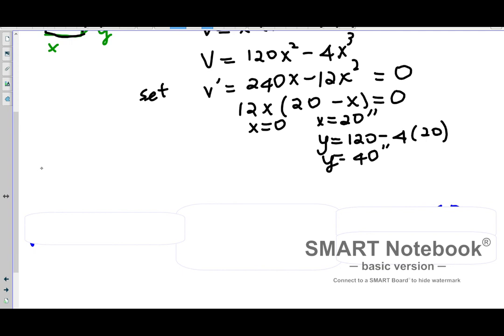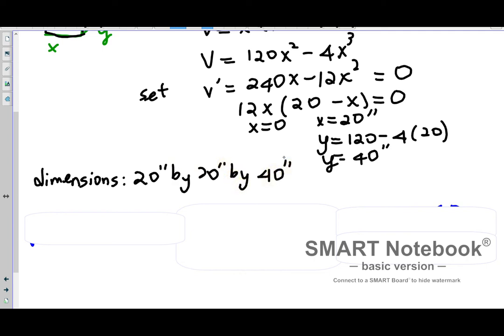So the dimensions for the largest box that we can create with the given restriction on the length plus girth. So it should be x by y, so 20 inches by 20 inches by 40 inches. And if you multiply all of those together, you will get the maximum possible volume that you can create with these dimensions. So that'll be